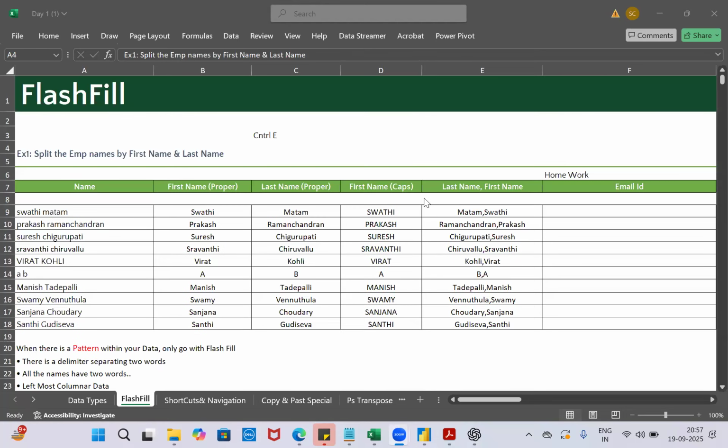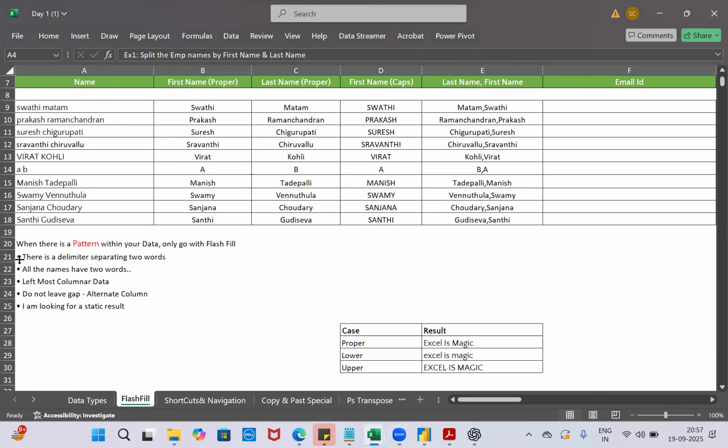Now, let me go to the limitations of it. Can you see the limitation here? Basically, whenever you use it, the pattern should be the same. For example, if the first word has a space and the second word has an underscore, you are not supposed to do that. If one has a full stop and another has a comma, it will not work.